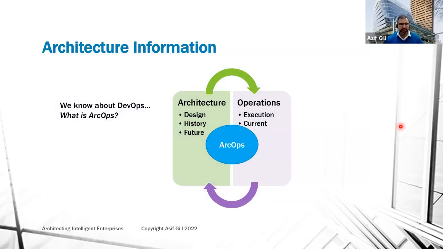So when we consider architecture as information, we do not have to start from scratch all the time to do the models from the very beginning. What we need to focus on is that we can make use of our operations data. What is the current? So operations are of a current state architecture, and we bring that into our historical or current design information, and then architecture of the future can be deployed into operation as well. So that's what we call RCOPS. To cut down the time of your data collection about architecture as information, you use your operations data. And that's really the concept of RCOPS in addition to DevOps, which you are already probably familiar with.